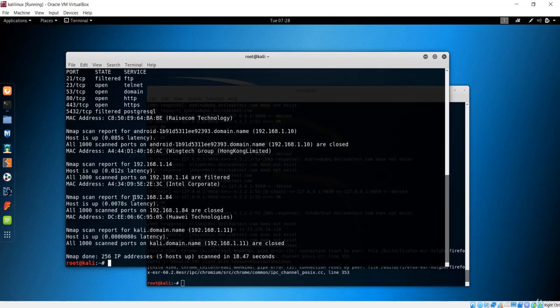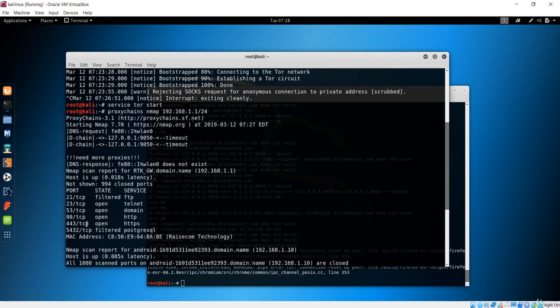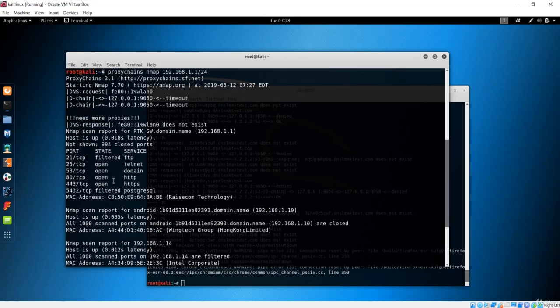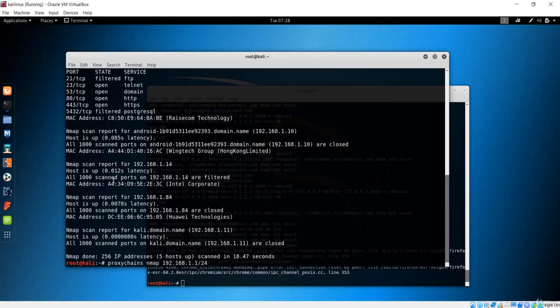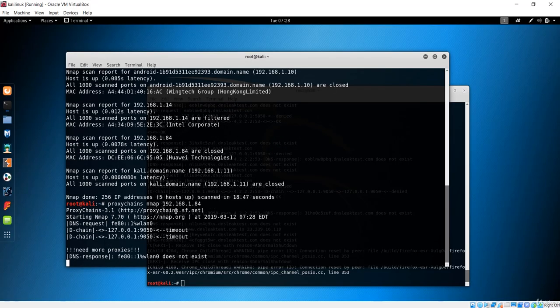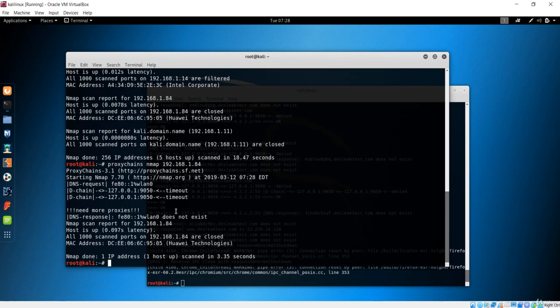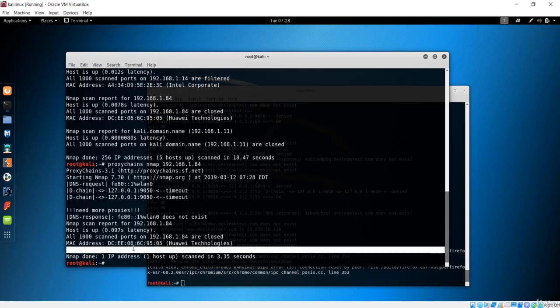I have also got the MAC addresses and IP addresses of the clients that are connected to this network. You can also see some of the ports that are open on that system. So you can do simply something like nmap, and if you know the IP address of that system, maybe if I want to get the IP address or any information about this technology, you can simply type that technology and see what ports are open and what ports are vulnerable. So if I hit enter, then it will give some of the ports and the information about the MAC address. So maybe there is no port that is open.